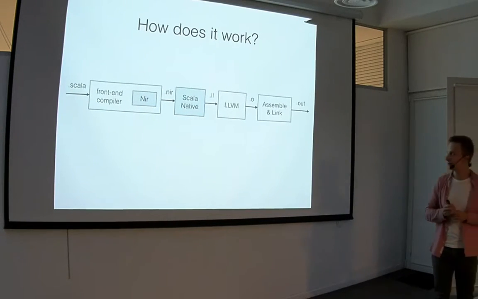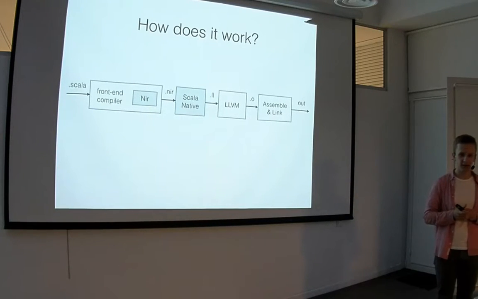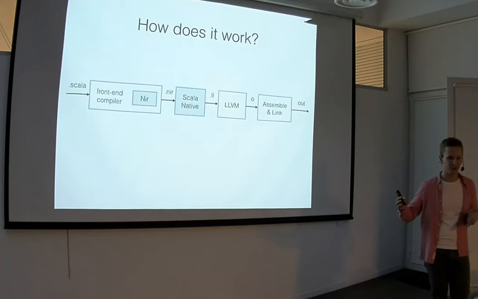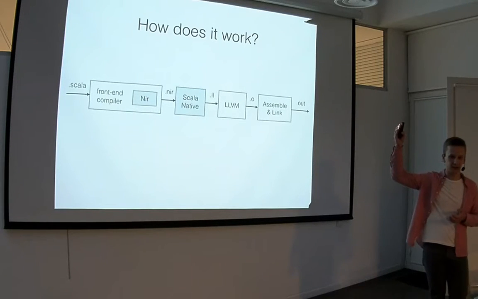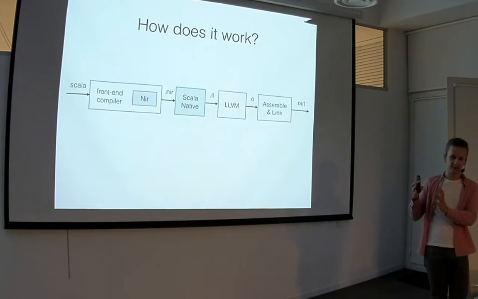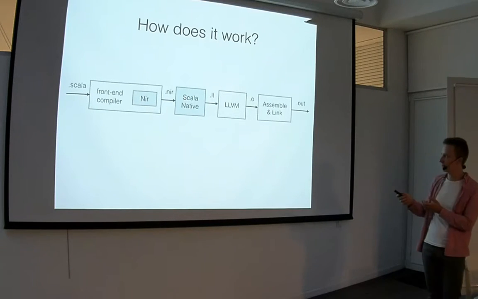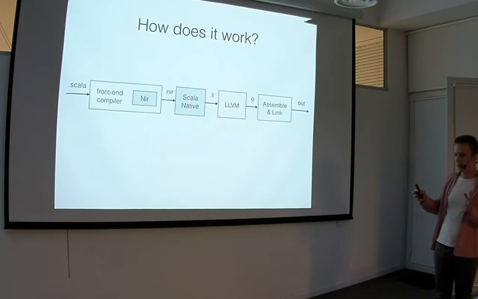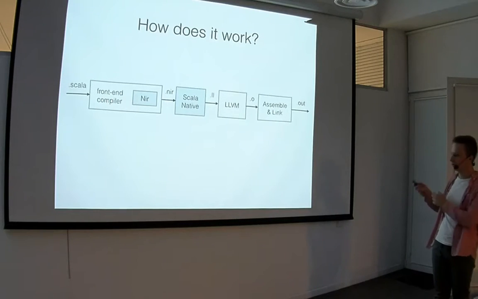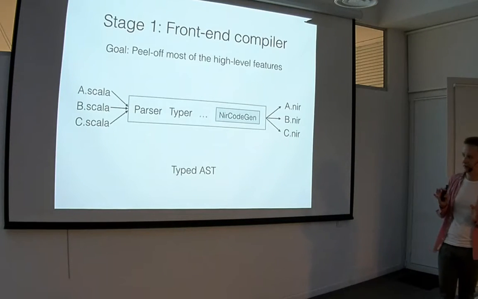The reason it does this is that this way we can dead-code eliminate most code that you don't use. For example, with Scala collections, you don't have to compile all of them to produce code if you only use List, right? You only need List and all of the traits that it inherits, and so on and so forth. So basically, List and all of its transitive dependencies. And that's basically this part here. Then we translate all of that to LLVM, and we give it to LLVM, and LLVM gives it to the native linker. And now the same in a bit more detail.